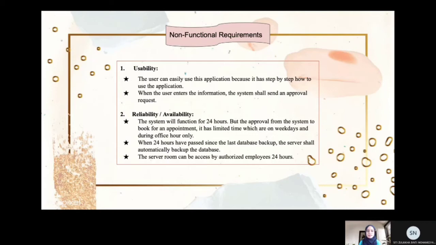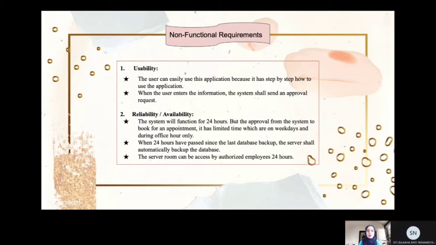Okay, second is that when the users enter the information, the system shall send an approval request so that the user doesn't have to worry whether their booking appointment is approved or not, because the system will send the approval request. Okay, second is reliability or availability.